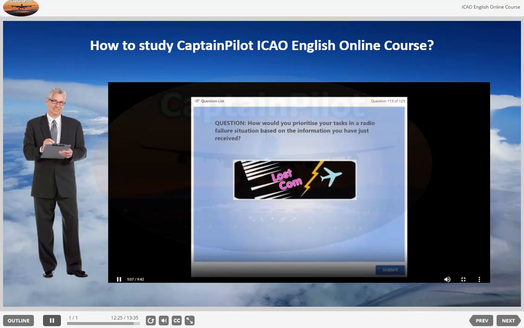Radio failure procedures. The Wright brothers never thought to install a radio in their first airplane, yet it still flew. Radio is simply a modern aid to flying, that we make great use of, to improve the safety and efficiency of flight. Whether the radio is working or not does not affect the flying characteristics of the aircraft. If the radio fails and you lose communications, it does not mean that the aircraft stops flying.